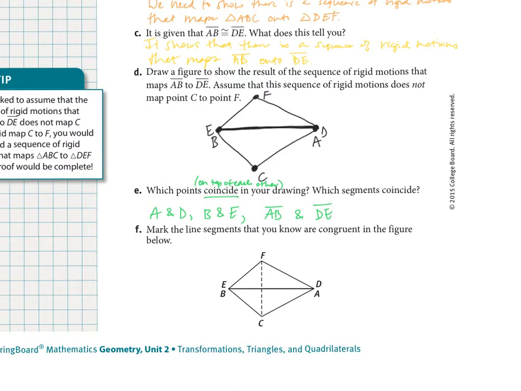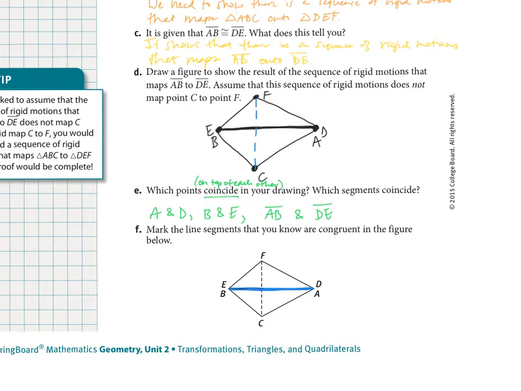All right, let's go ahead and look at our last question. It says, mark the line segments that you know are congruent in the figure below. It kind of looks similar to what we did above, except now it has this dashed line through it to represent something else we're probably going to look at. Think about what we had before and what our perspective markings were. We knew exactly that these two lines that were on top of each other